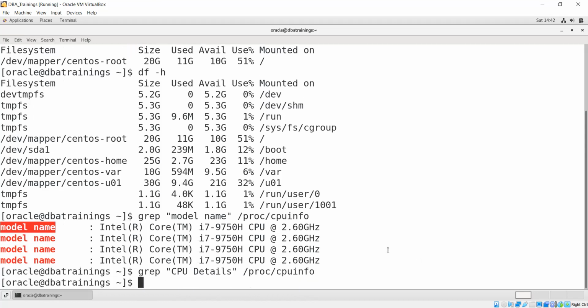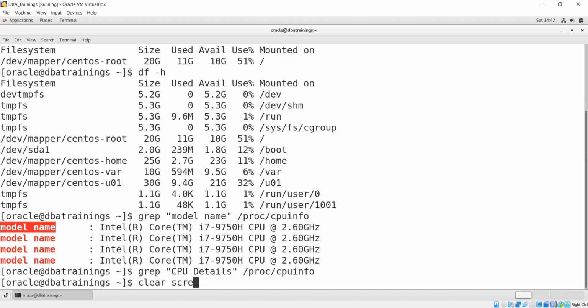Got it? So by default it is available in proc, and you are able to modify it. See Linux, what is happening? It's basically a repository, and everything is a file. Even hardware is a file, so if we modify it over there, the model name can be anything else. We just have to go to that location and modify it, but we don't have to do that. Okay, so we have sufficient memory and everything. Now we are ready to install.